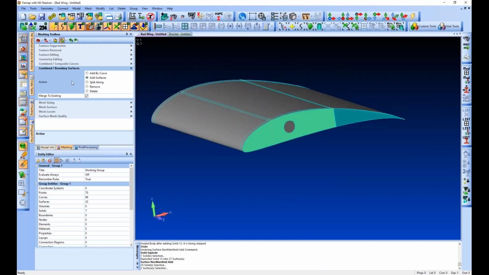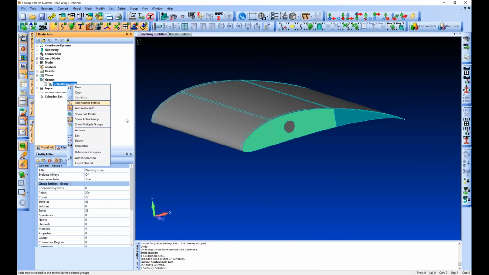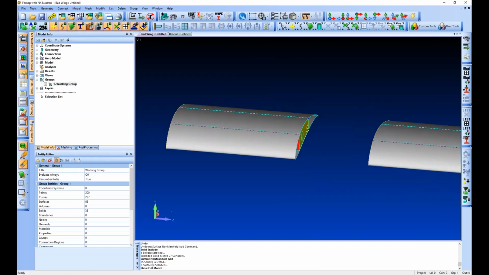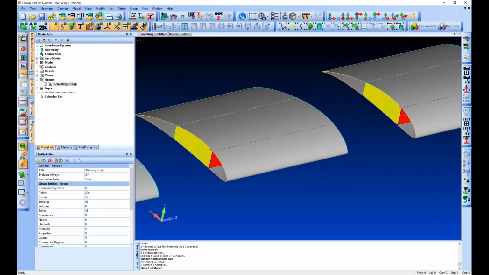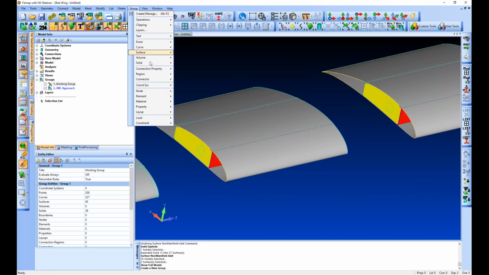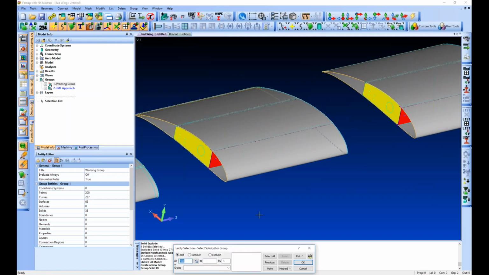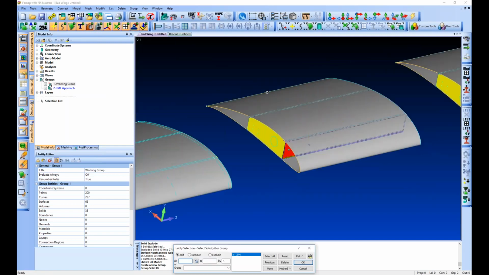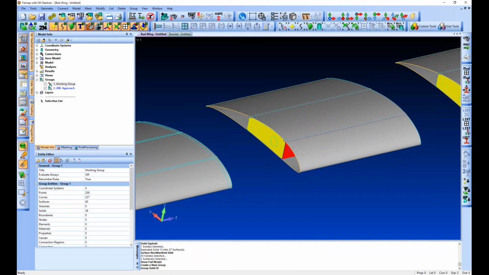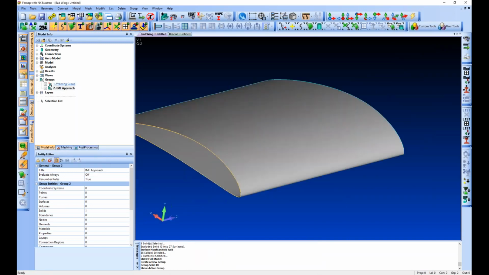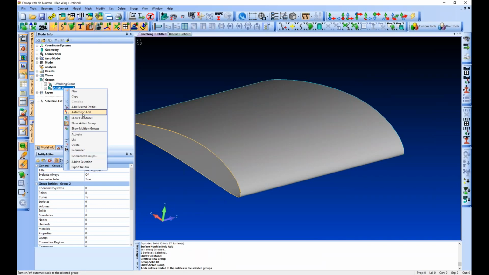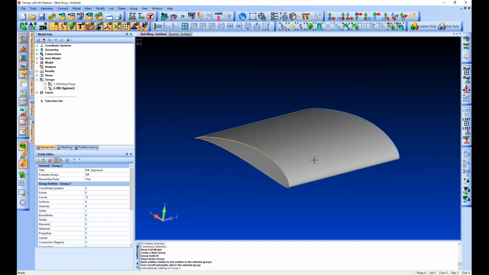We'll switch over to an IML approach really quick, just to show how there are small differences, but the gist of it is very similar. So what we're going to do is just create a new group, and we'll call it IML approach. We're just going to group our solid in this case, which is just the skin. There's no need to redo everything here because after we do the skin, most of it's going to be very similar. So we'll change over to our active group. We can see our skin, and I'm just going to move add related entities and automatic add over to this group,